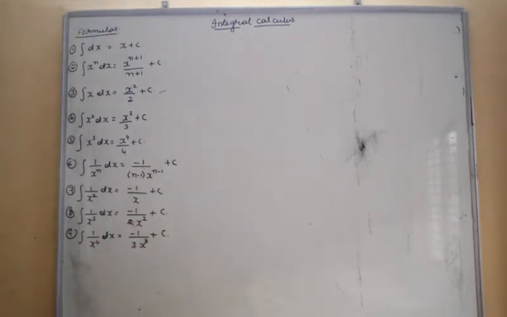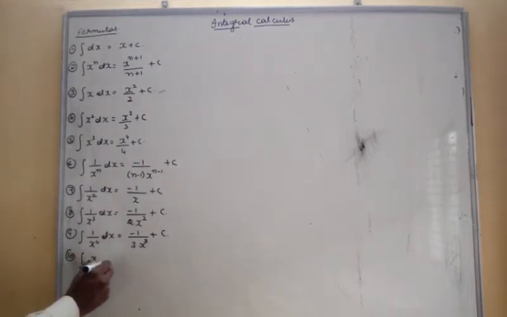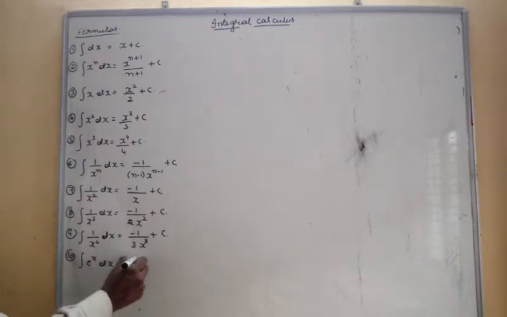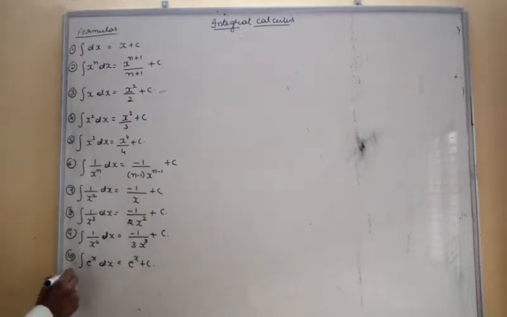Okay, then integration of e to the power of x. So e to the power of x integration is e to the power of x only. In differentiation also, e to the power of x differentiation is e to the power of x only. Okay, then integration of constant means in the differentiation, constant means we are going to write the 0 here. Constant as it is, nothing is there means we should assume that 1 is there. Integration of 1 is x plus c.